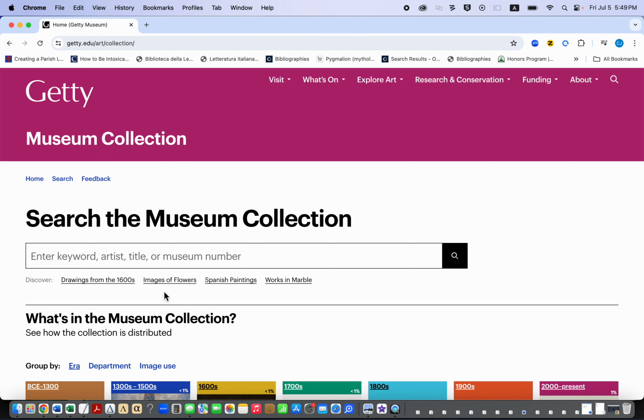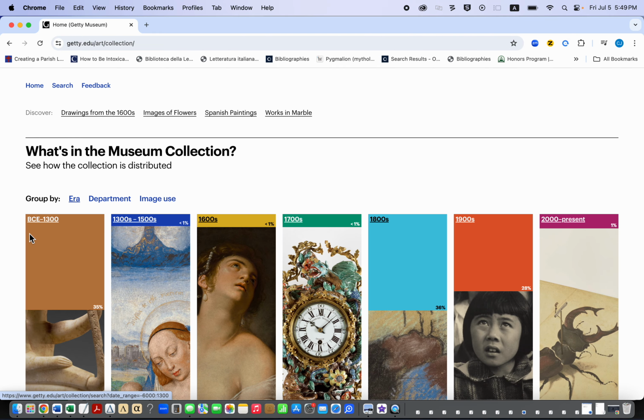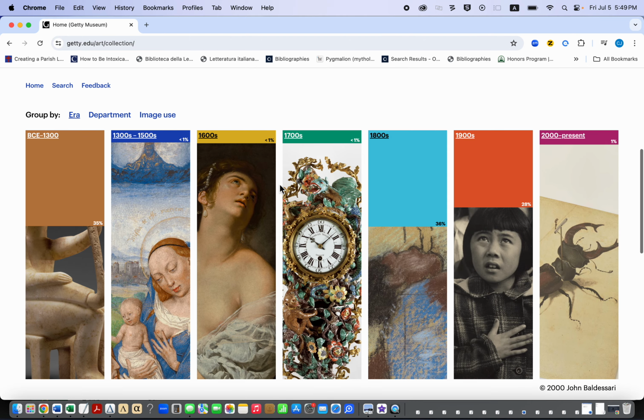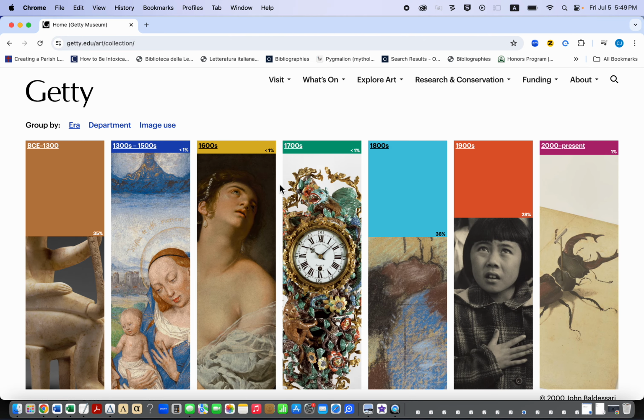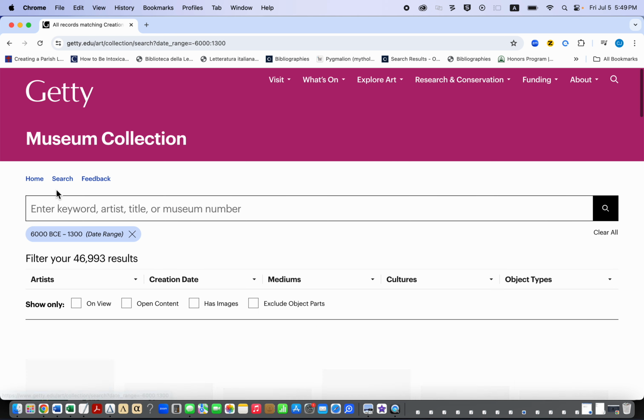museum collection, and it'll give you an opportunity to search through what they have cataloged here. They have several hundred thousand pieces between the Getty Center and the Getty Villa. A small fraction of that is on display at any one time, and a fraction is cataloged here online as well, some with images. So we're going to skip all this present and contemporary stuff and go over here just to this narrow